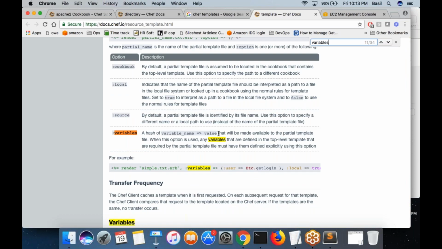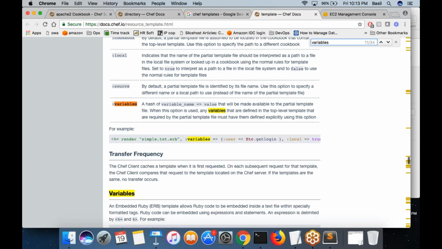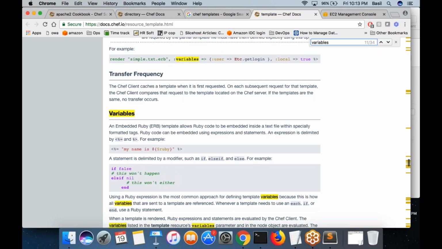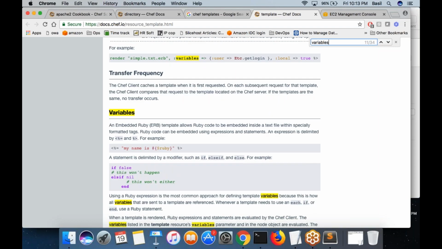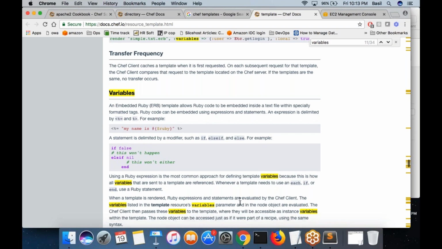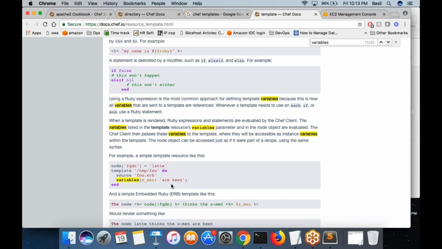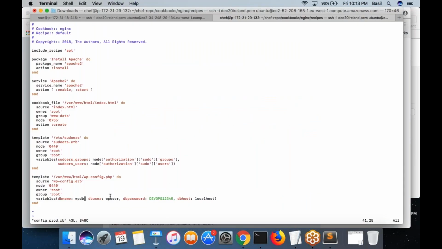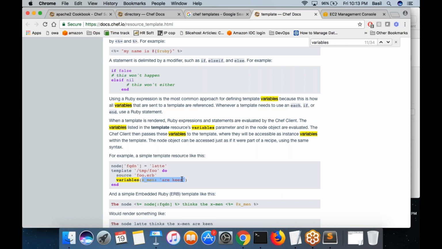The variables sent to templates are referenced as a hash. This is correct, right?